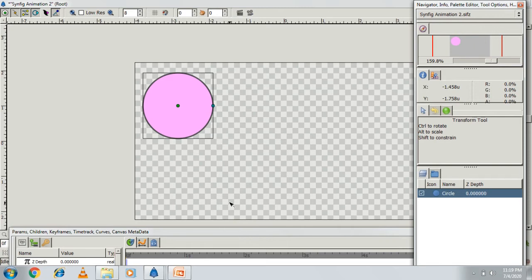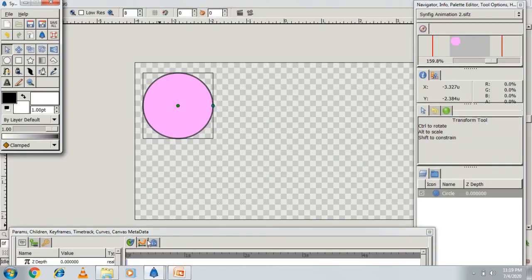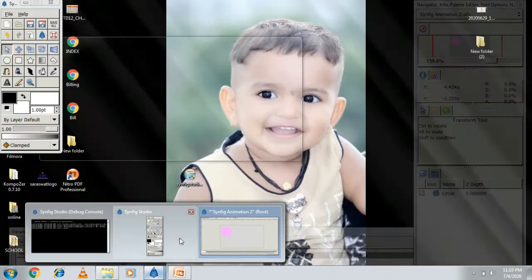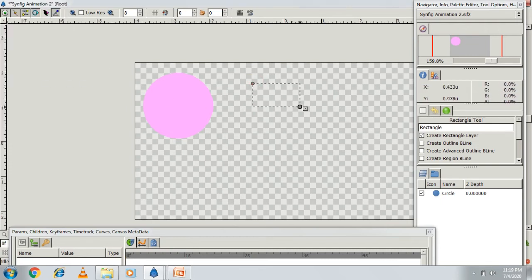Now second, I want to draw a rectangle, so again I will go to the rectangle tool and click on rectangle. Okay, and I draw it here like this.